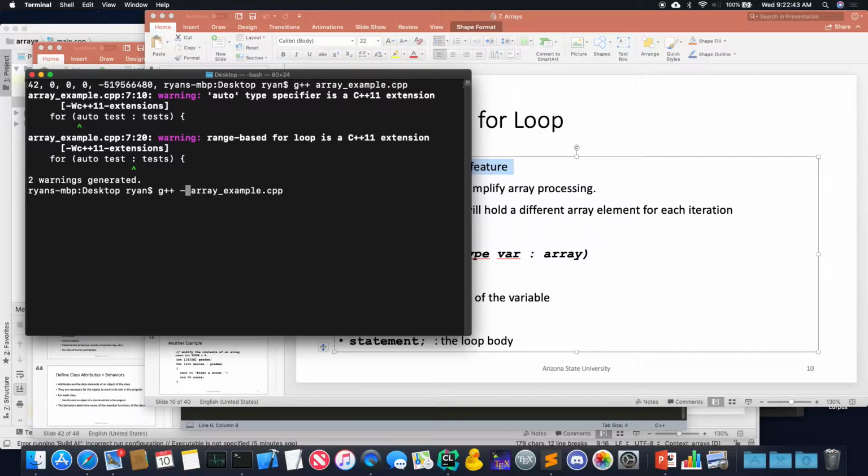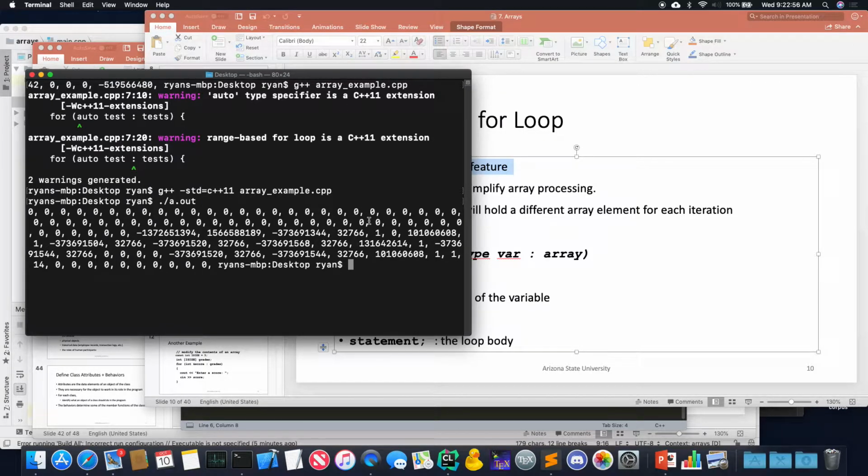You do that with the flag, minus sign, std equals C++11. If I do that, then there's no warning here. Then I print, and it should do exactly what we want.